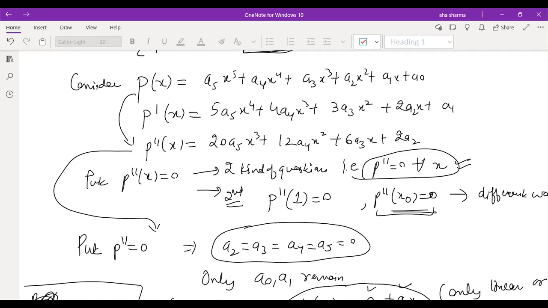Yes, ma'am. A polynomial cannot have infinitely many roots. If it is becoming 0 at infinitely many points, that means it has to be a 0 polynomial only. So a 0 polynomial means all its coefficients are 0. So a2 is 0, a3 is 0, a4 is 0, a5 is 0. Because there is no way that a5, suppose, is non-zero but 20 times a5 becomes 0, right? That's not possible. So the only possibility is that these have to be 0. So we got this information. Whenever you get some information from the set defining property, you go back to the original term and use that condition there. So once I substituted there, I just got a0 plus a1x.